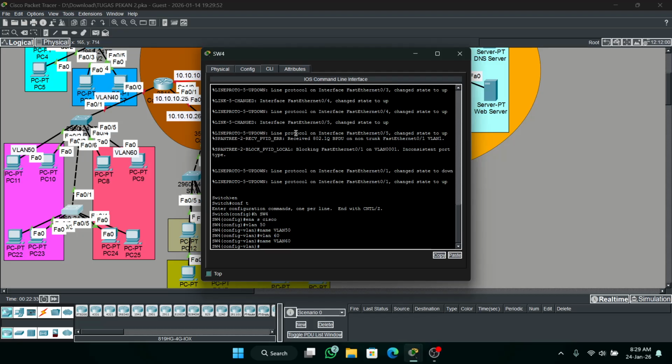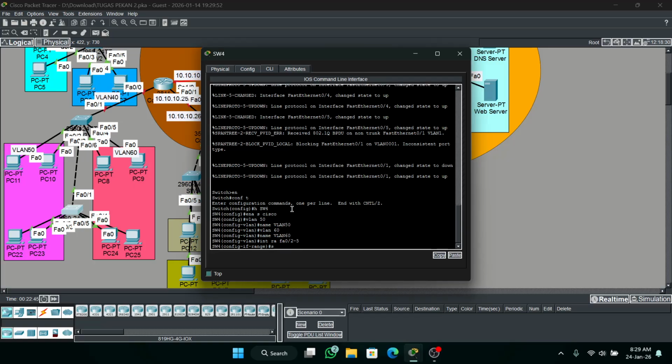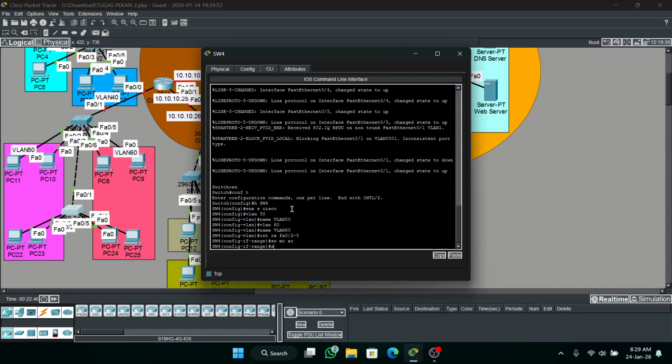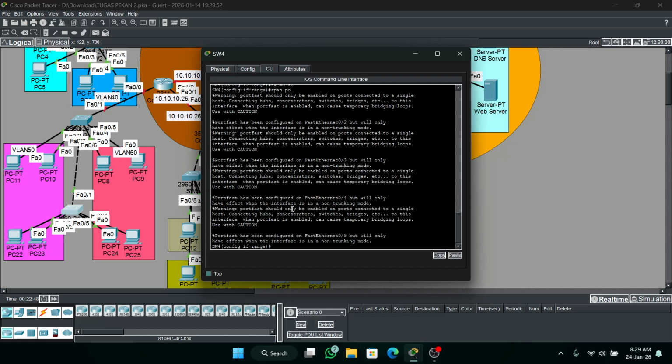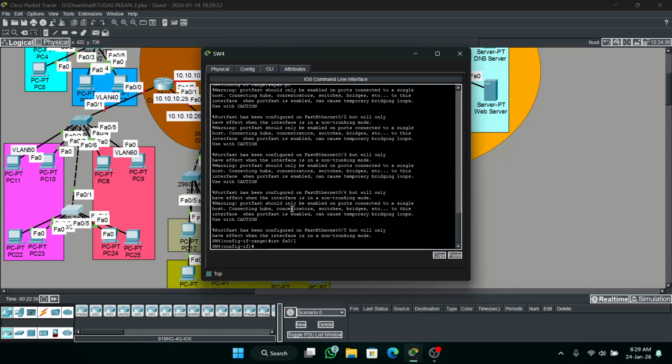Like before, configure the ports: interface range fastethernet 0/2 until 5, switchport mode access, spanning-tree portfast. This interface fa0/1 is for trunking.